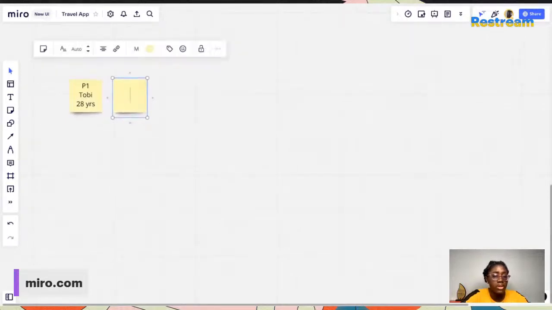So somebody wants to work on a travel app, and maybe you want to find out the difficulties people are having in booking tickets, or maybe you are trying to solve a problem around, let me think of one, flying with children. Let me say, for instance, that was a problem you're trying to solve. Then you probably will have spoken to parents, mothers and fathers, to understand what the difficulty might have been. So whatever you found out, maybe I spoke to Toby, participant, who is 28 years old,